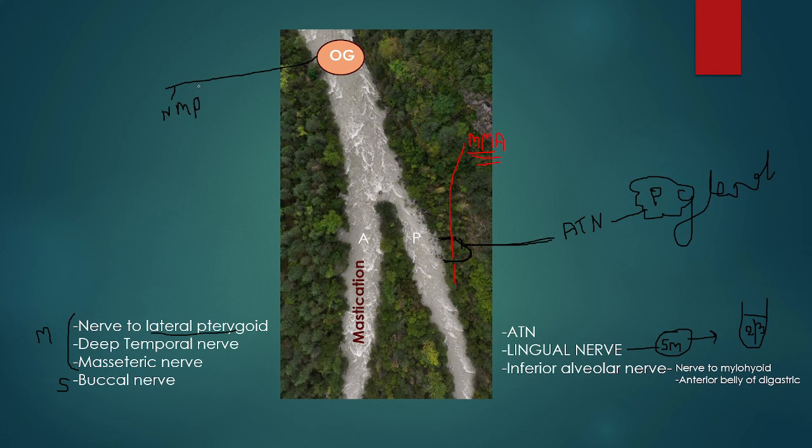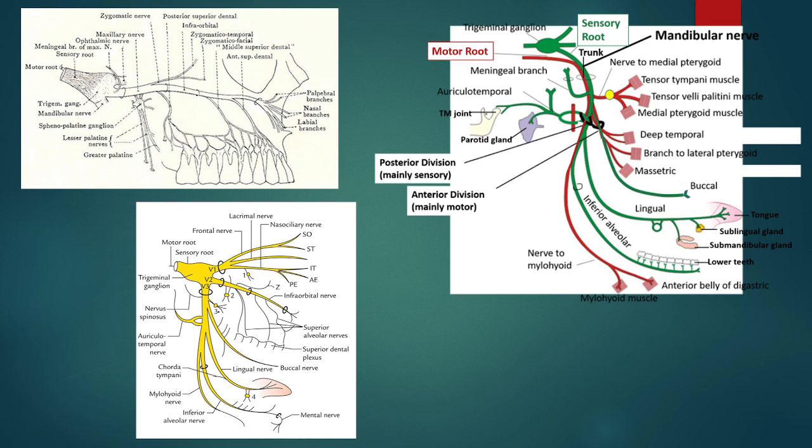And it also gives two further branches, for tensor tympani and tensor veli palatini. This was some extra points. So what happens is the mandibular nerve relays onto the otic ganglion, and from the otic ganglion it gives the nerve to medial pterygoid along with two further branches, that is the nerves to tensor tympani and tensor veli palatini. So this was all about the fifth cranial nerve root.